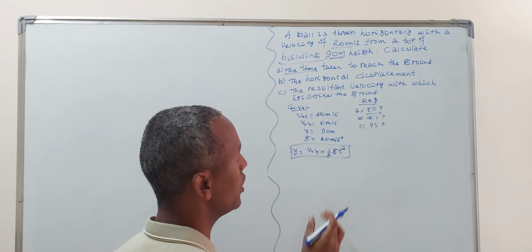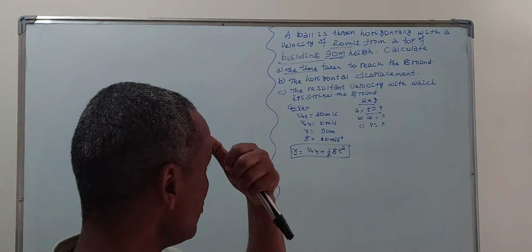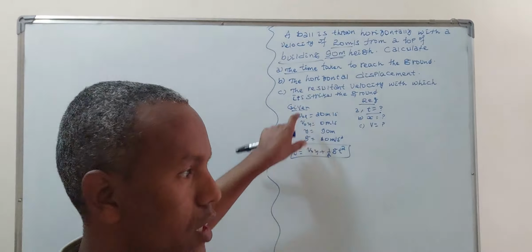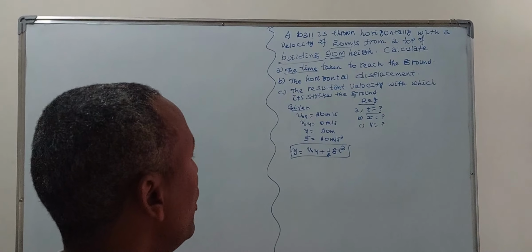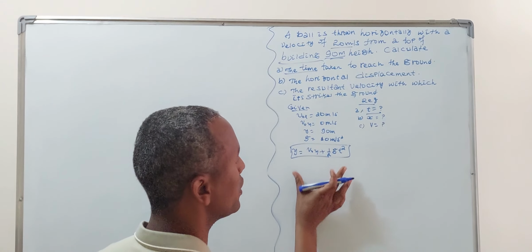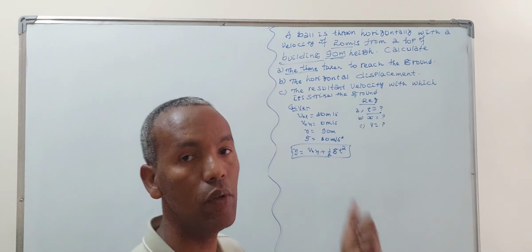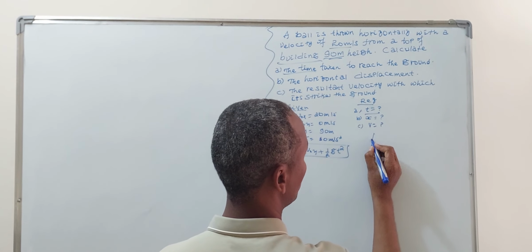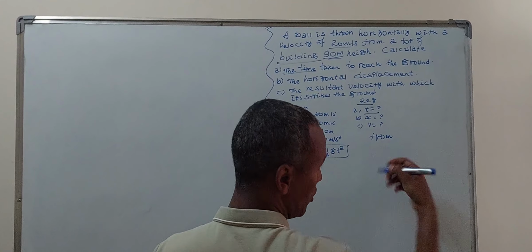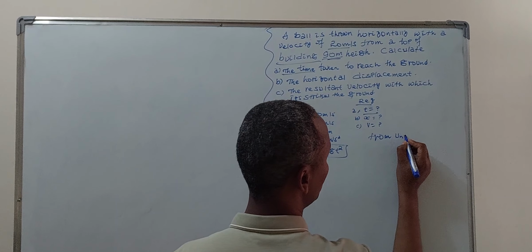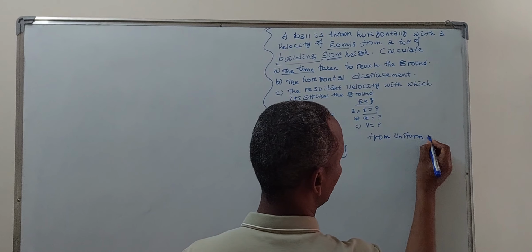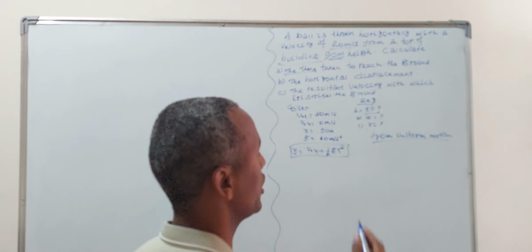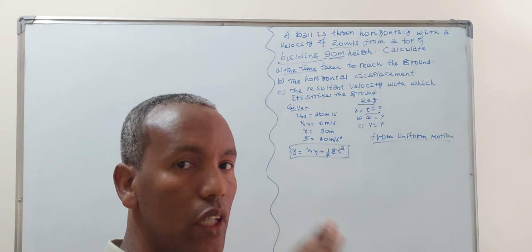So before that, we need to know basic terms, which is, we don't have time in this given. So what we need to do is we need to know how to find out the time. So basically, you can derive this equation from the kinematics equation, which is basically from uniform motion. So from uniform motion, you can get, let's say, from uniform motion, as you know, if an object is moving with a uniform